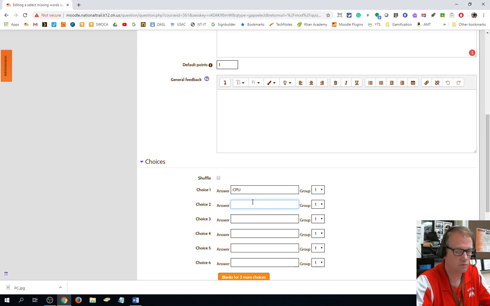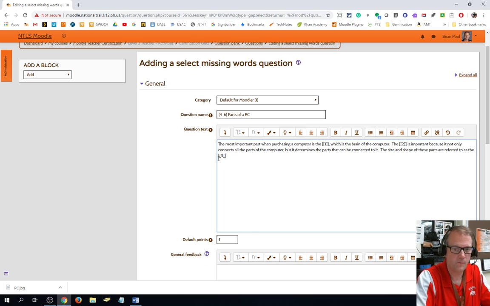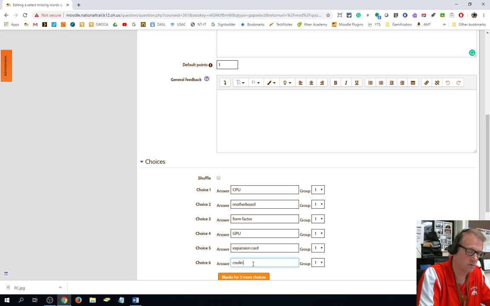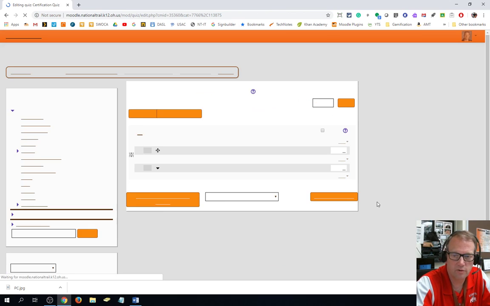Put that as number 2. And I'm going to pick form factor and make it number 3. And I'm going to use the exact same words. I don't remember, I think I used GPU. Oops, didn't belong in the same line. Okay, and then I'm going to go ahead and save changes, and we'll preview that one and see what the